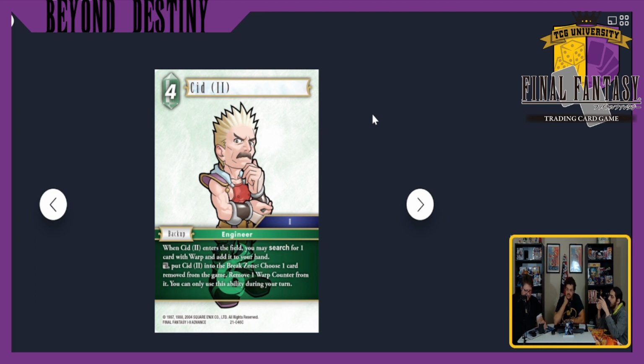Hey, for high warp counter cards, he's pretty good. I think just the 4 CP search for a warp card is really good. I don't care about the break unless it's really necessary, but water, wind, warp is kind of a thing you can do a lot more with now. Wind, ice, warp is a lot more efficient because you can search out those warp cards and thin your deck more. In Wind Lightning, if you're trying to go with Giant